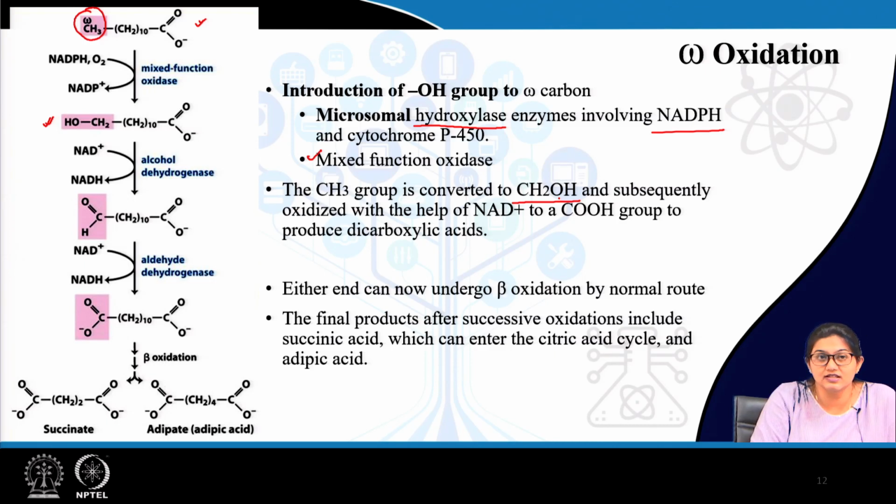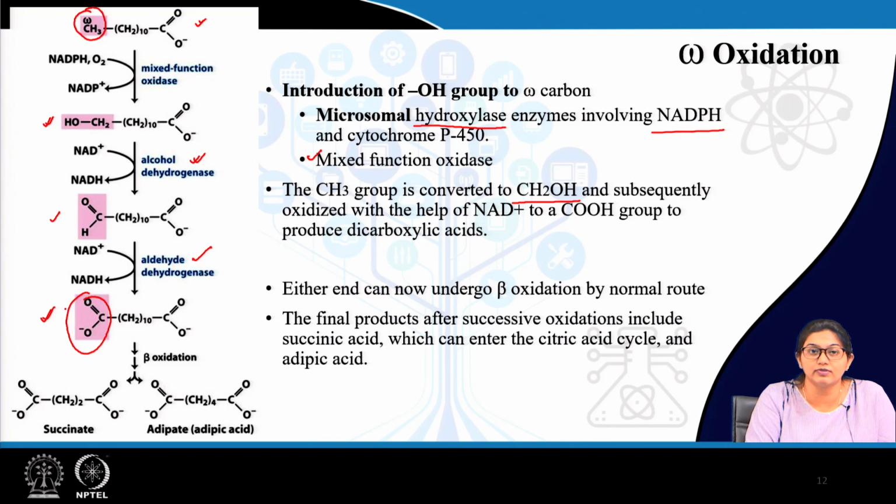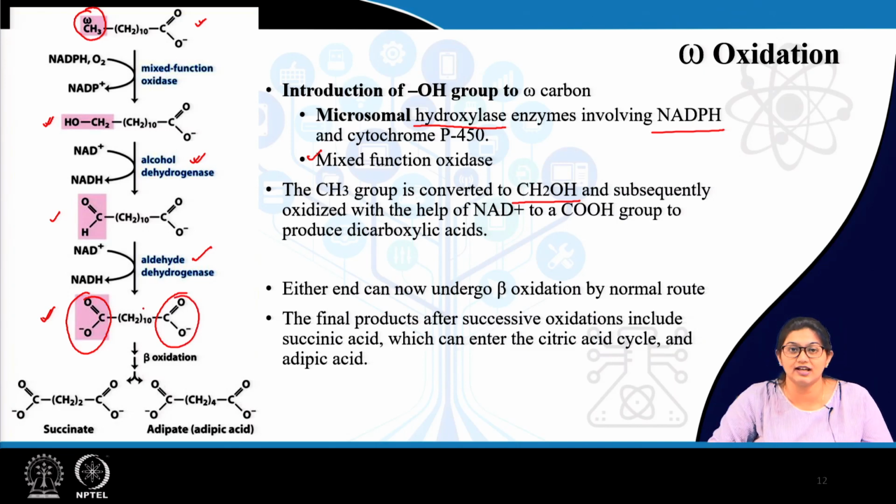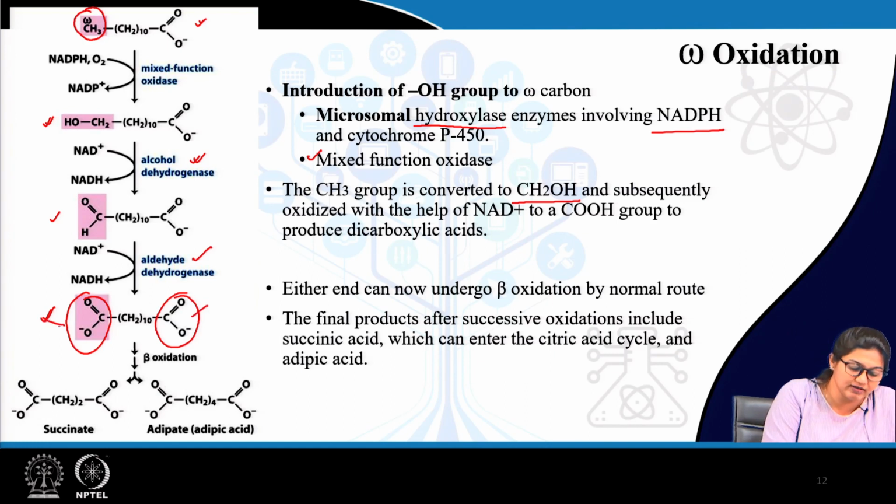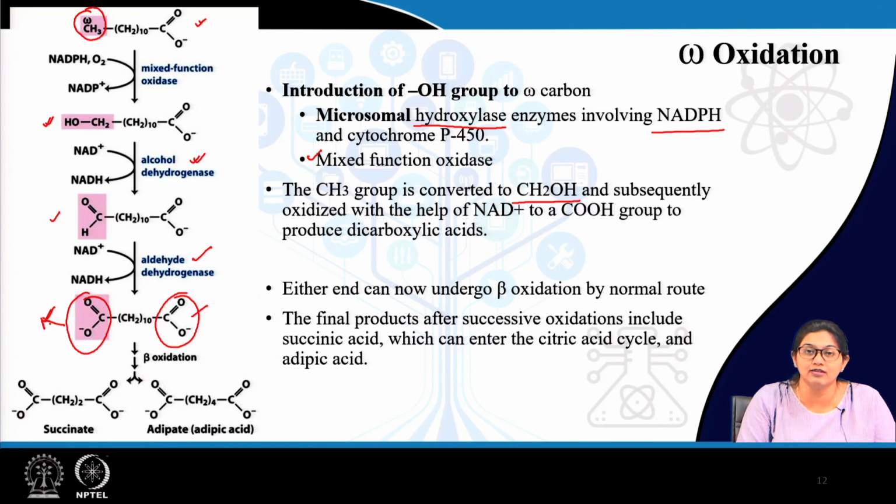Then there are a few dehydrogenases, that is alcohol dehydrogenase, which converts this alcohol group to aldehyde. Then aldehyde dehydrogenase, which converts this aldehyde group to acid group, rather carboxylic acid group. So, after this mixed function oxidase and subsequent dehydrogenase treatment, what are we getting? A carboxyl group formation in the omega carbon, as well as the inherent carboxyl group which was there in the fatty acid. So, basically we are getting a dicarboxylic acid. Now, this dicarboxylic acid can be activated from both sides. So, these carboxyl groups on both sides can be activated, forming coenzyme A or acyl derivative of fatty acid,